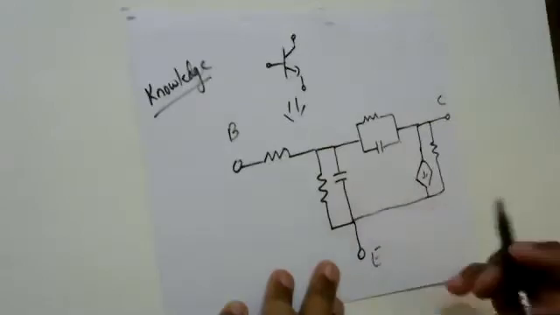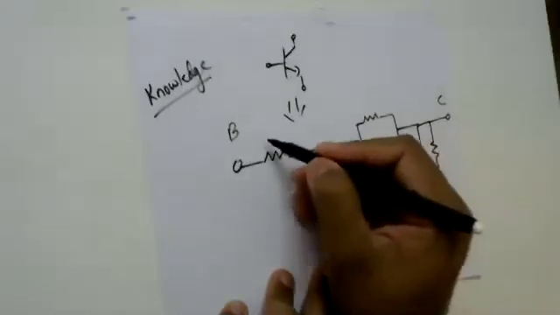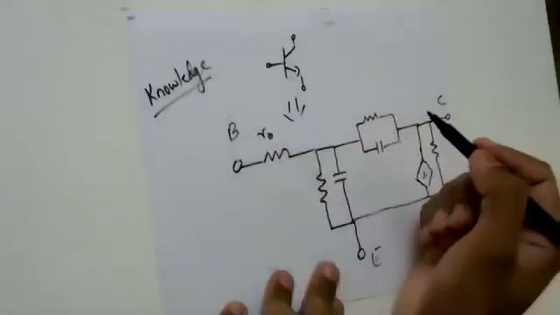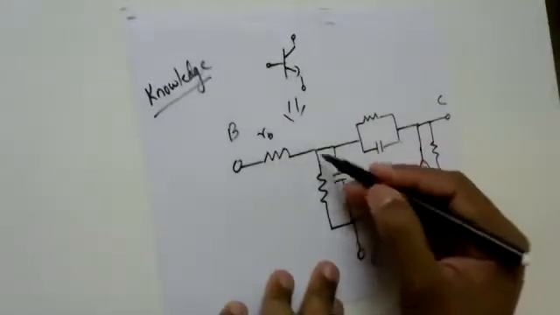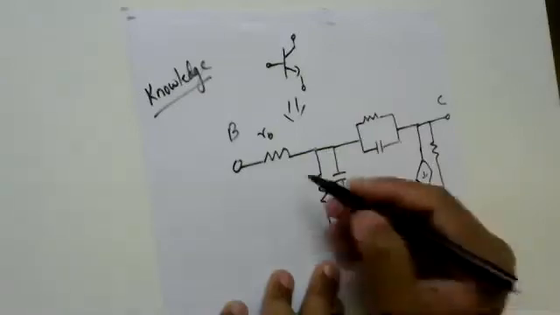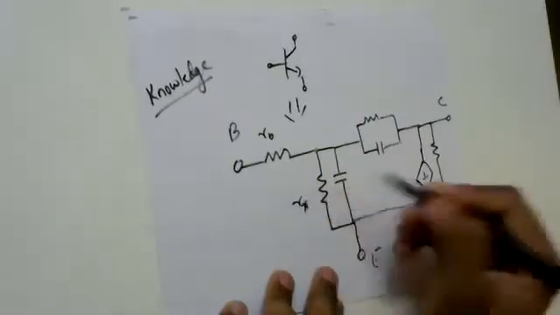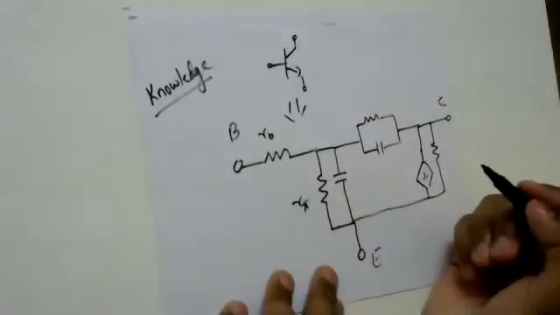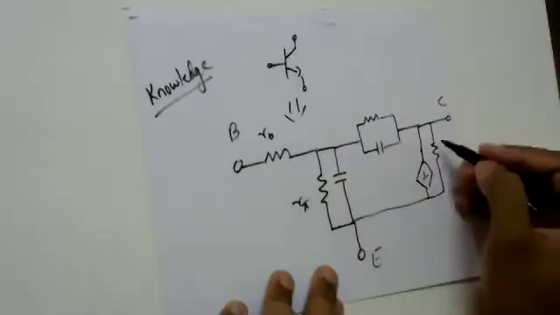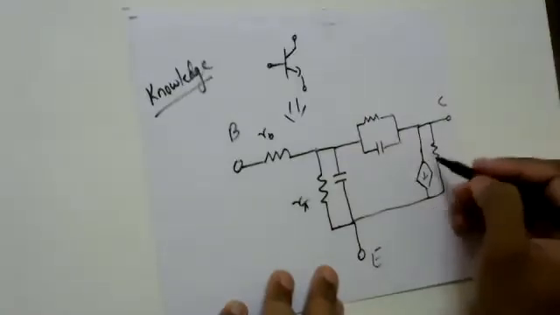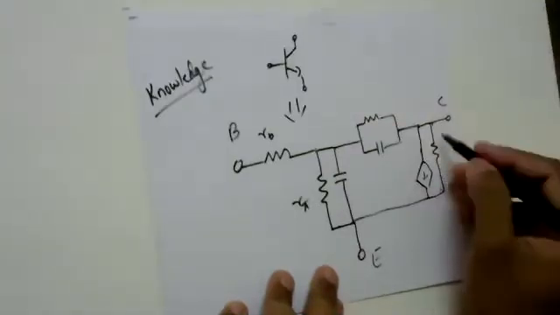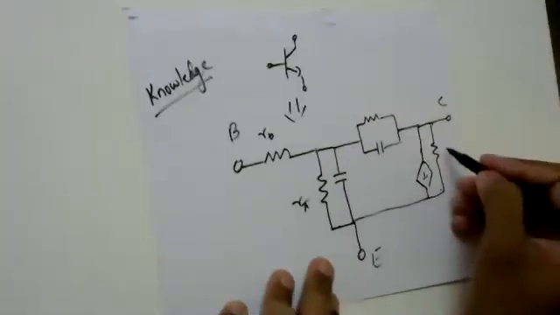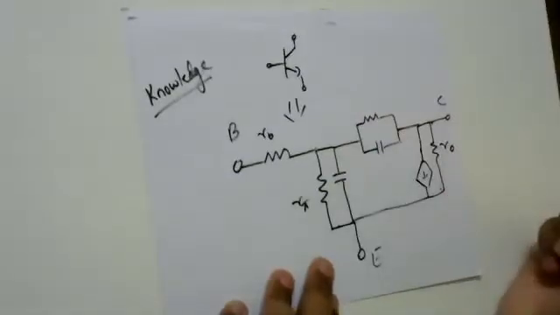Now we should know what this resistance is. This is a pure base resistance. What is this resistance? It's a resistance between base and emitter, what we call R pi. And this is the resistance between collector and emitter, VCE, when we see the output voltage. So I can say that this is my output resistance.